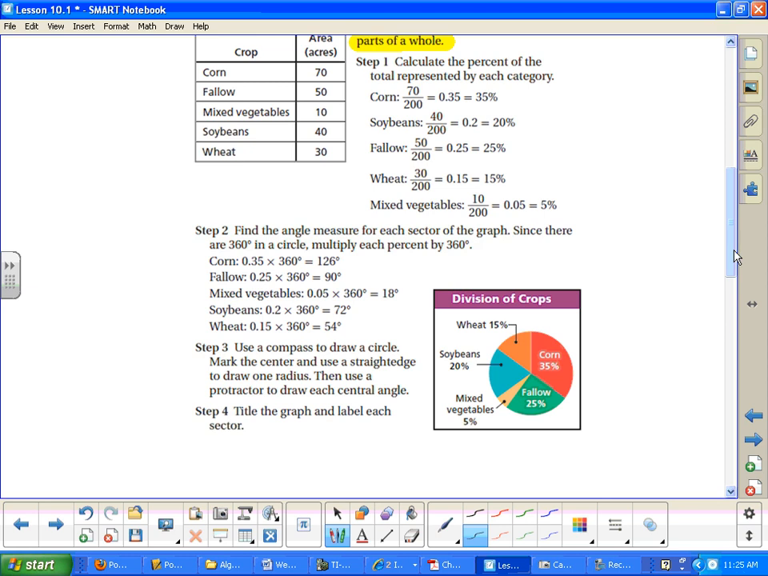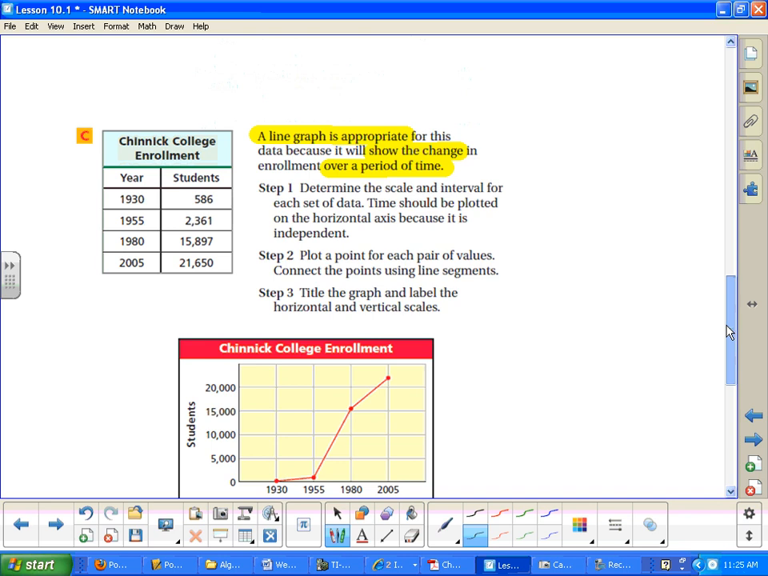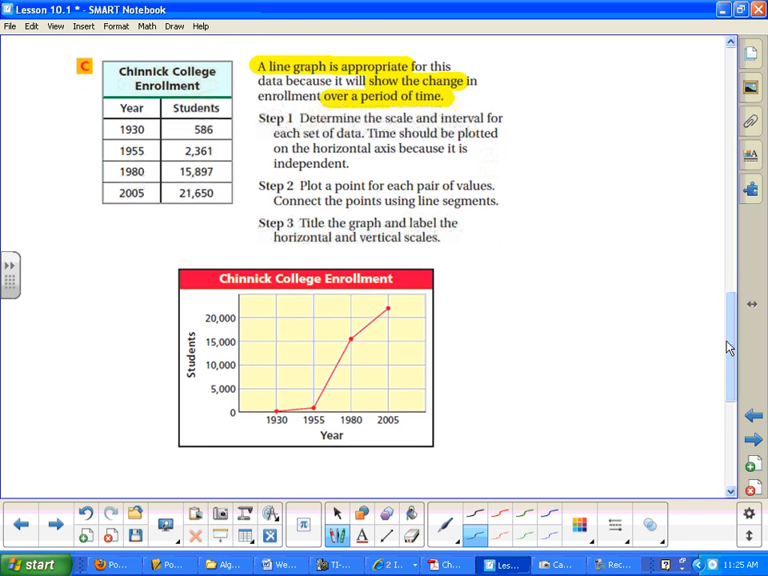360 degrees. And then the last type here is Shinnick College enrollment. They talk about years, and they talk about how many students there are. Since it's a change over time, a line graph would be the appropriate model for that. So make sure you check them before you